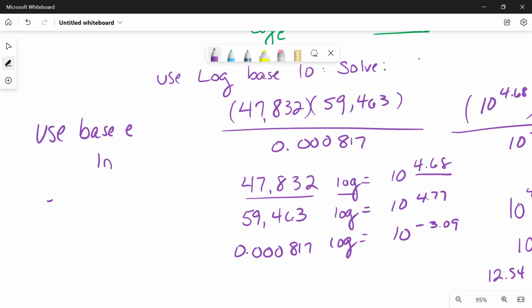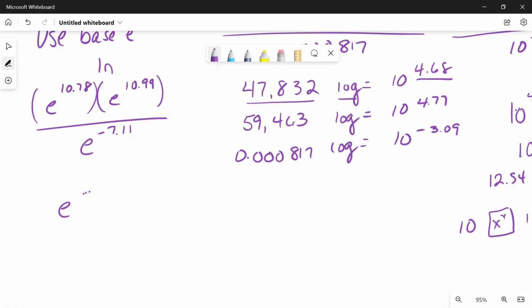What we would find is we would have E to the 10.78 times E to the 10.99 over E to the negative 7.11. So again, we're going to just take E raised to the 10.78 plus 10.99 plus 7.11, which is going to be E to the